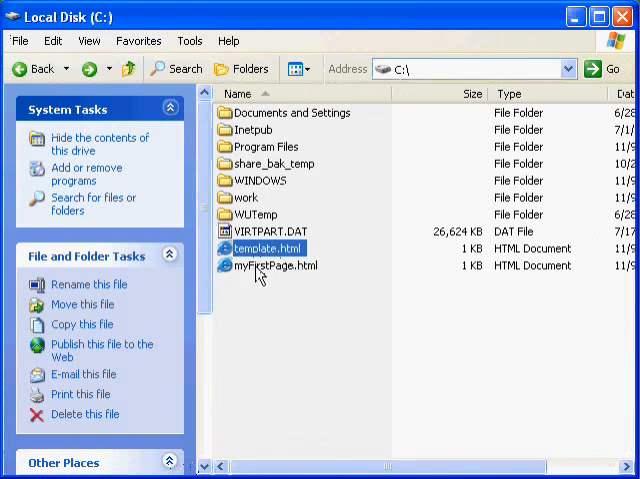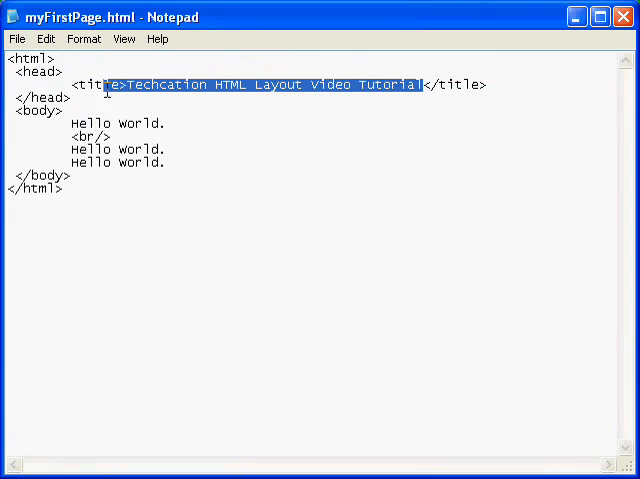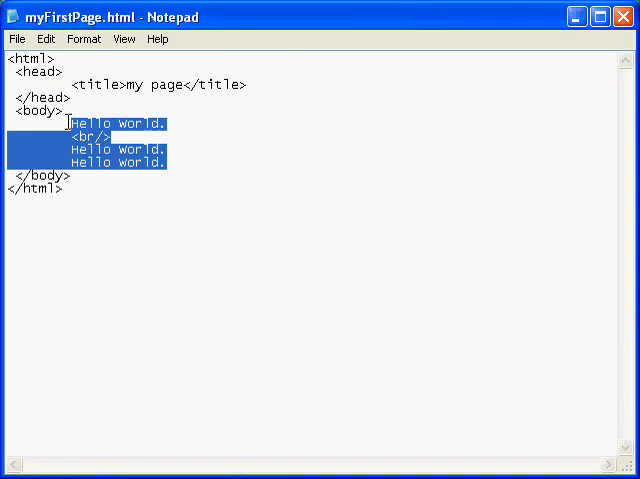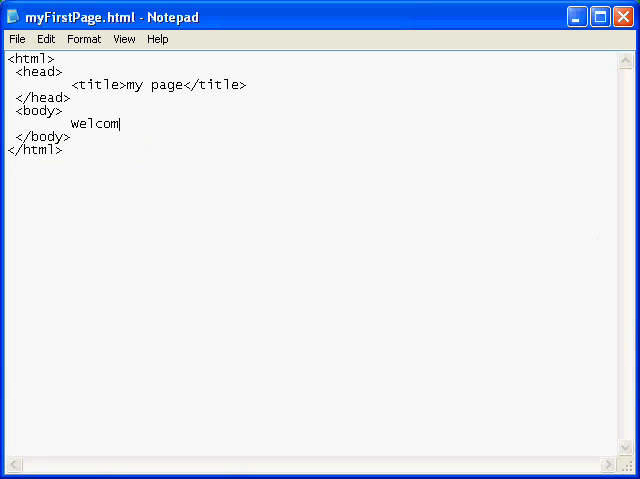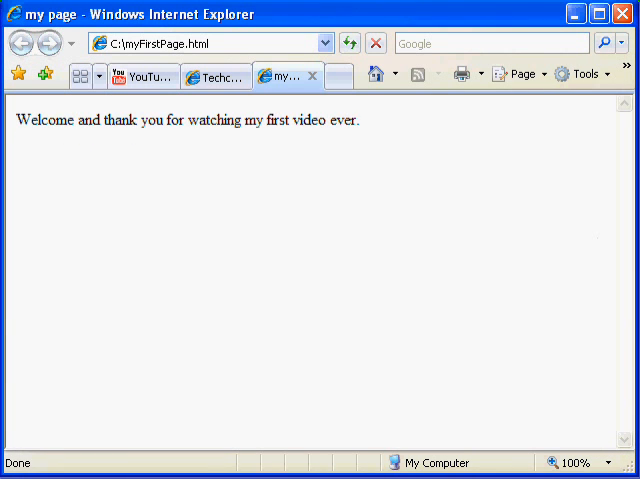You can go out to your thing, click on your new page. Of course I didn't change it, so it's not there yet, but we could really quickly say, my page, welcome. And we save this. Of course, we'll pull up our browser, hit refresh, and it'll say welcome and thank you